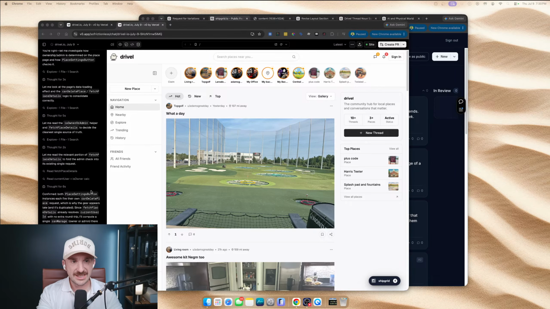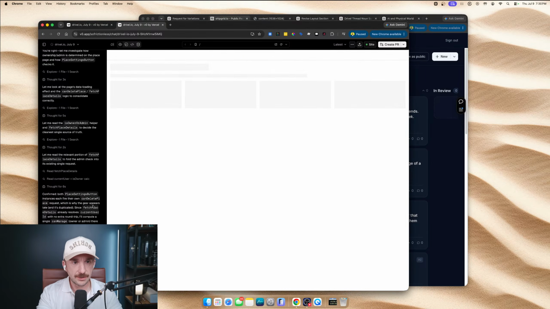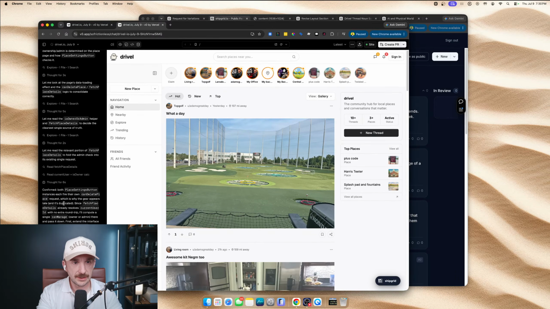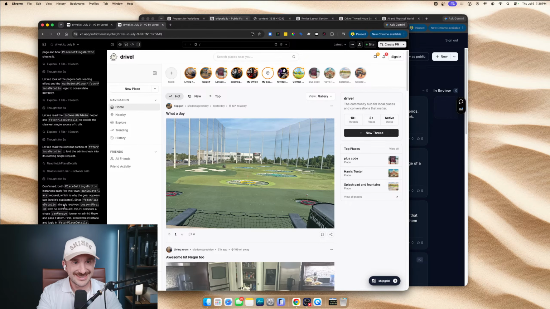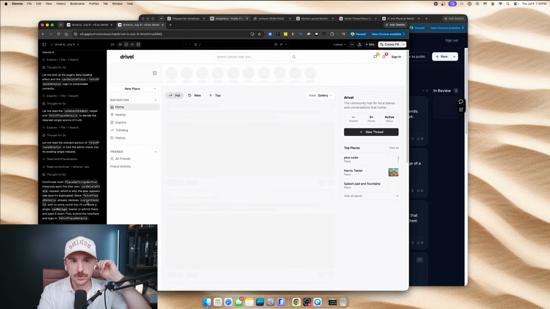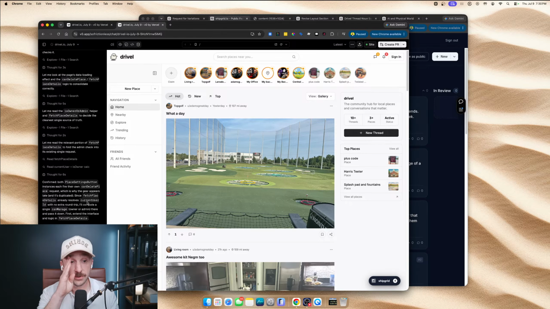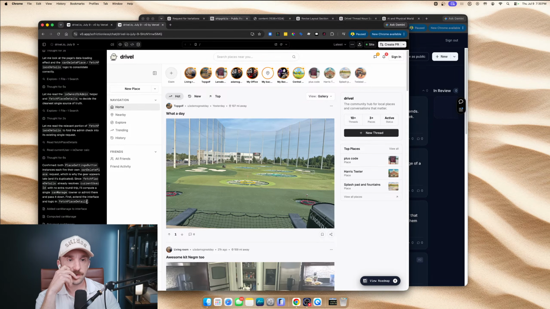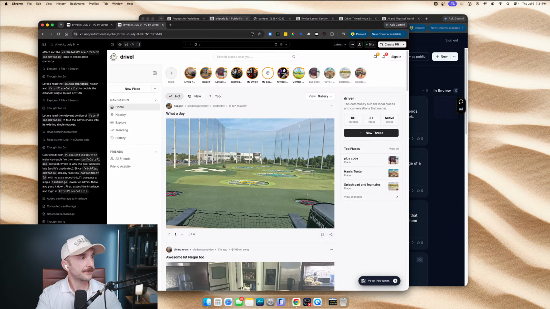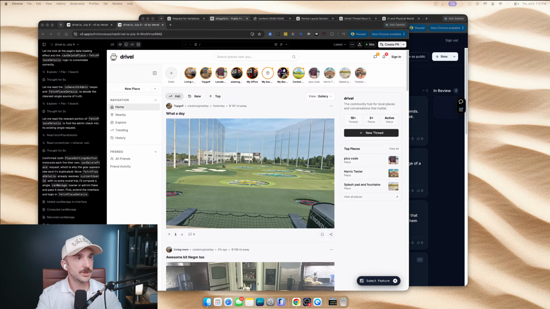Confirm both place settings button instances each fire their own can delete place request, which is why the gear responds late, and it's duplicated since the fetch place details already resolves current user with no extra round trip. Compute a single can manage there and pass it down. Okay, good. We're doing exactly what we should be doing.